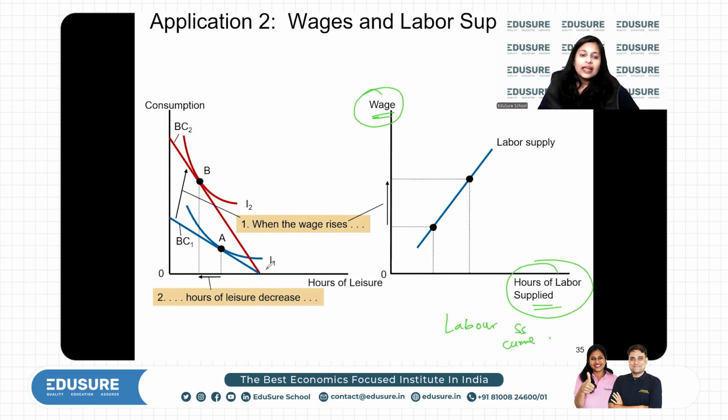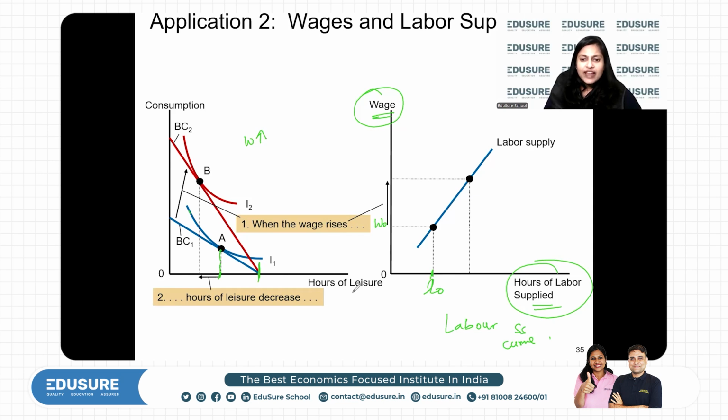So initially, blue was the equilibrium between consumption and leisure. The amount of leisure tells me the amount of labor. 24 minus leisure is labor. So initially this was the wage, this was the leisure, and this was the labor. Then when wages increased, why is it shown by this red line? Because when wage increases,